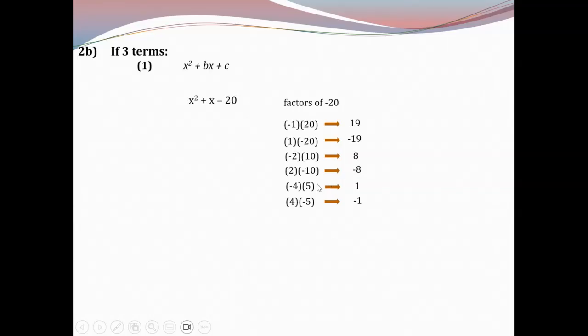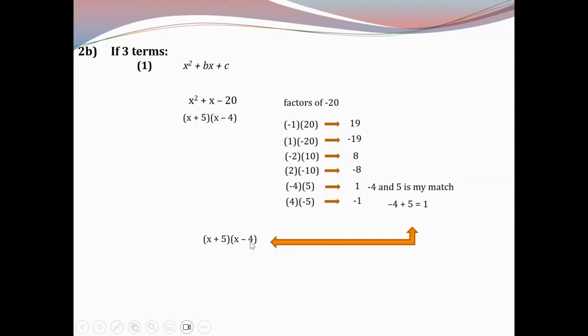Okay, so where's the match here? We're trying to find a match. The match here is positive 1. So this is my match, negative 4 and 5, which means it's going to be x plus 5 and x minus 4. That's your answer. In my opinion, this way can be a little bit tedious because what happens if the constant